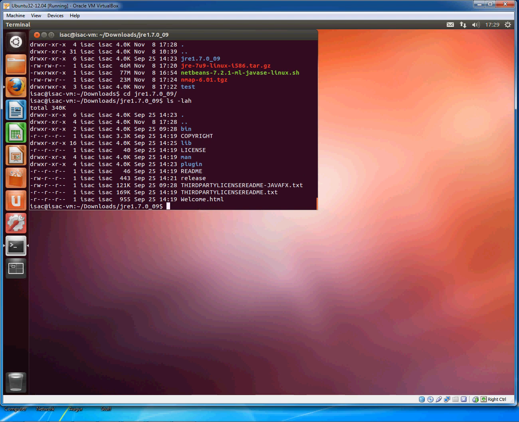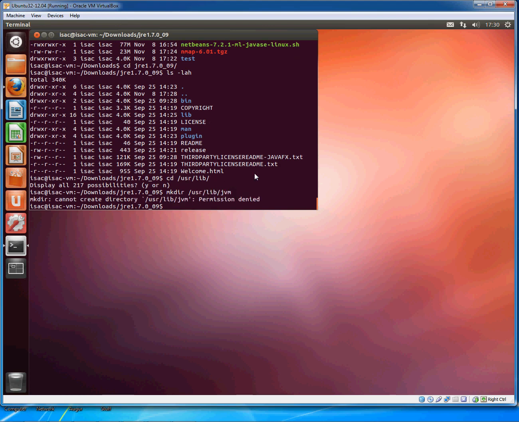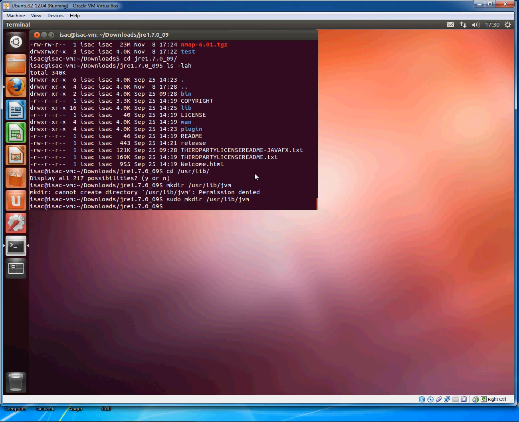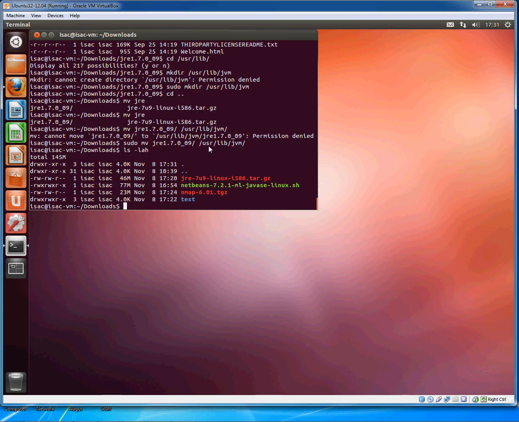In this instance, I want to do an installation into /usr/lib/jvm, so I'll make that directory with a sudo apparently, and I will then go back one and move to the /usr/lib/jvm location. Now, once we actually go to that directory, which we'll do now, you'll be able to see that it is now listed there,